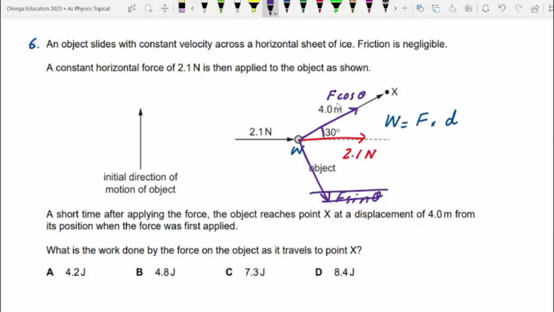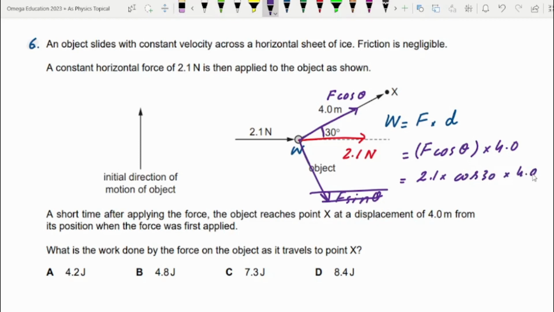All we need is to find the component of force that is in the direction of the displacement. So it would be F cos theta. So we don't use the entire force 2.1, we only use F cos theta, a certain component of it, and the displacement is 4.0. So what is F? F was 2.1 times cos 30